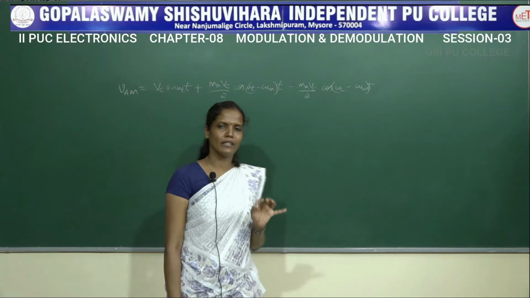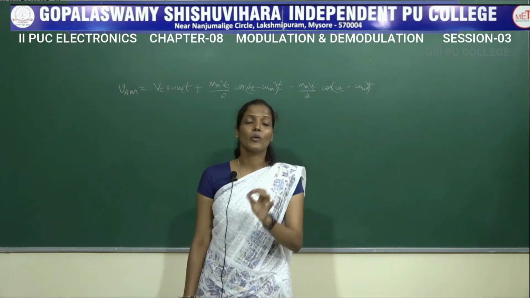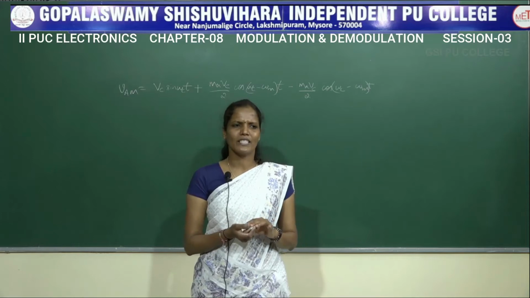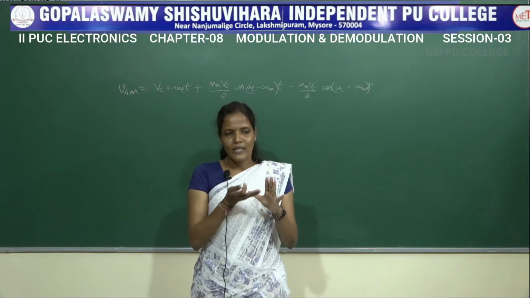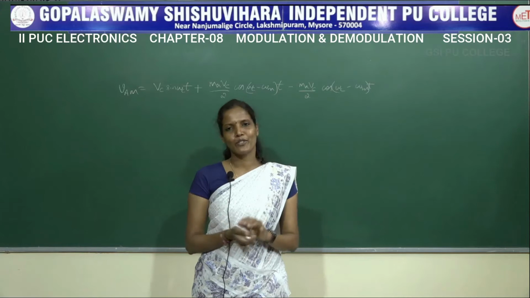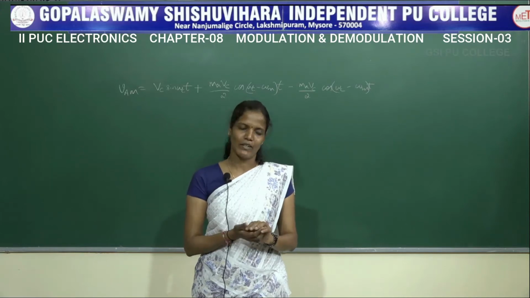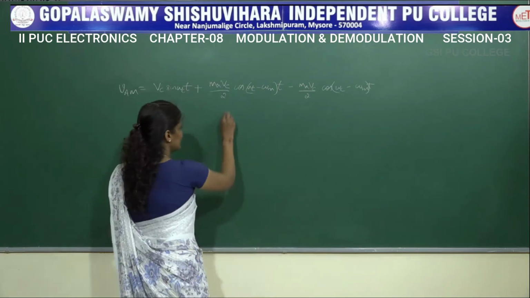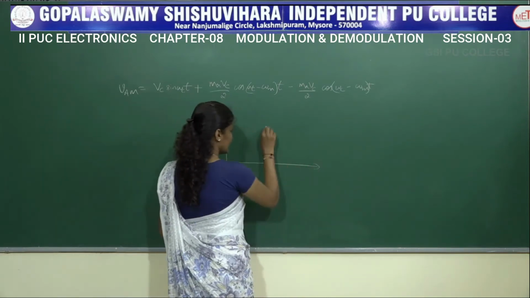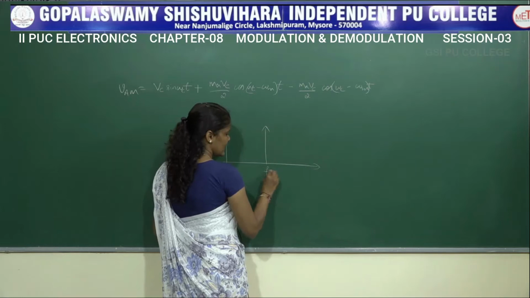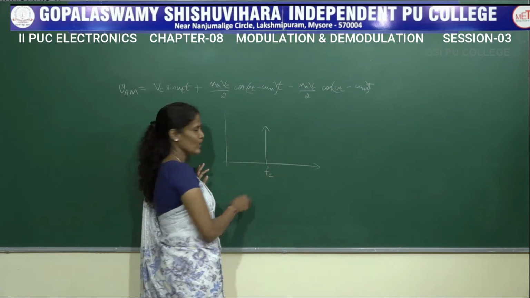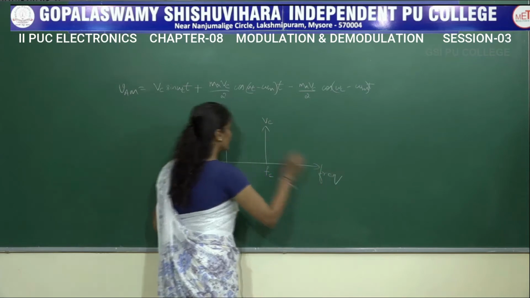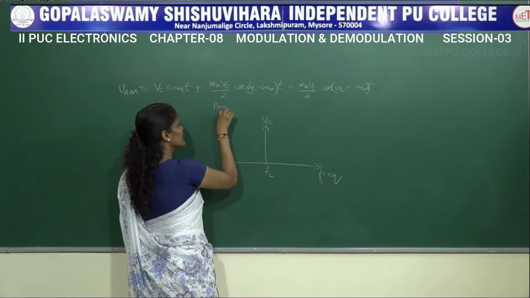Apart from that, we also saw what is called the frequency response of an amplitude modulated wave. Frequency response is nothing but a graph plotted between the frequency and the amplitude of an amplitude modulated wave. So there we get three components. One is the carrier component, which has a frequency of Fc and amplitude of Vc. This is a graph between frequency and amplitude,